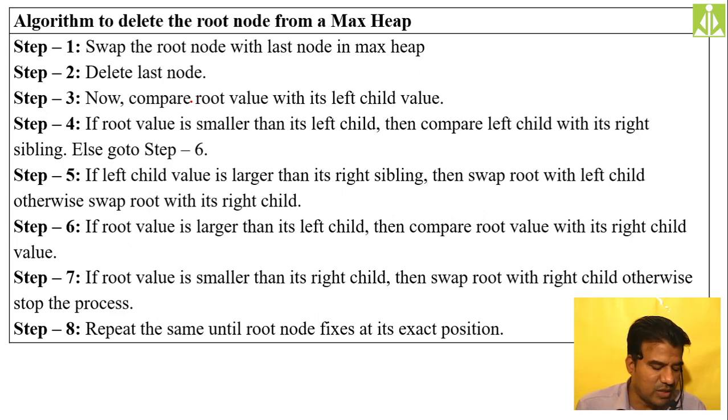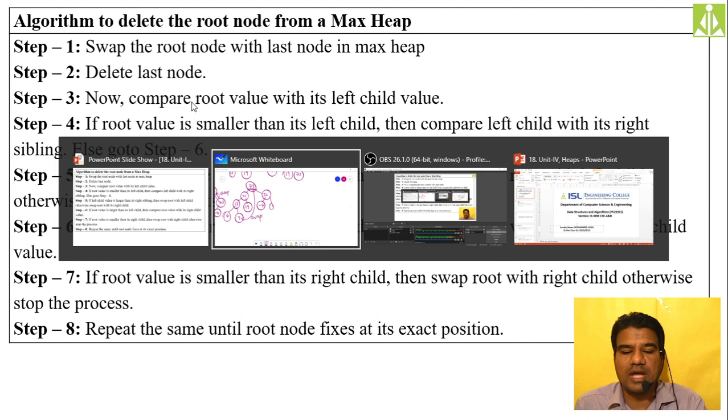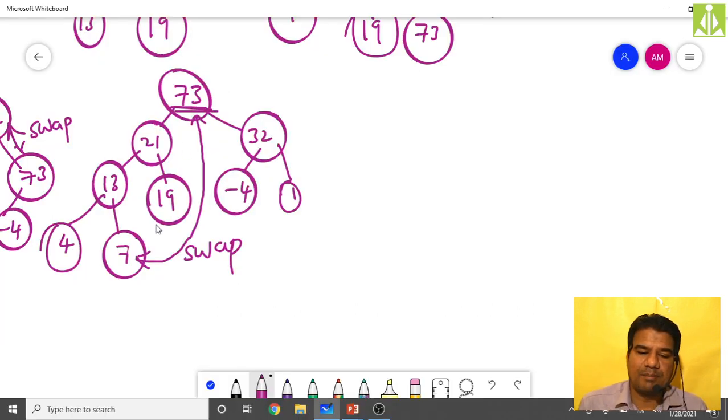Okay, how we do that one is, quickly go to that. See, after swapping, you have to remember whether you have swapped in the left subtree or right subtree. So simply what we have to do now, after swapping, draw the structure now.